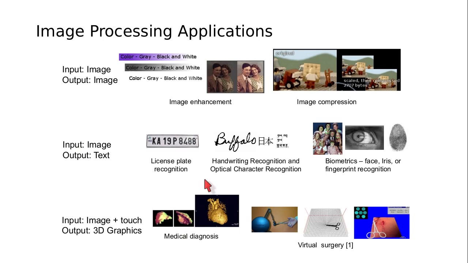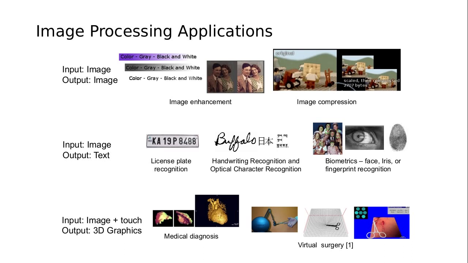So this is a 3D view of a heart, right? The CT image of a heart has been segmented, all the blood vessels have been segmented and the structure is clearly visible. The surgeon might use some interactions with the mouse or with the keyboard or with other devices to rotate this image around to view the image from different angles, right? And the output would be 3D graphics.